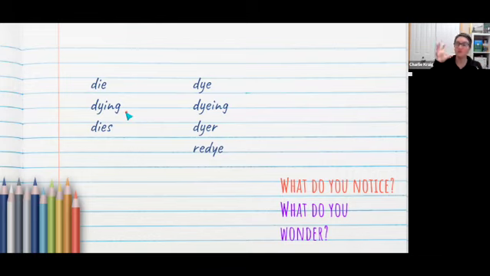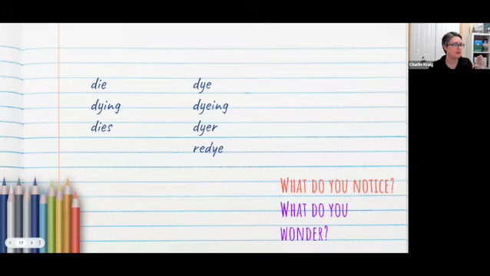So sometimes you can pull up collections of words in a word family, or in this case, 2 word families, and invite students to make observations that they then go dig into. Why is it that the DIE base word converted to a Y? What's going on there? Why did that happen? Or you could also use this just to highlight and do some direct instruction. Hey friends, I found this really cool thing that we do in English spelling. Let me tell you about it. I know you could sell it just like I can.